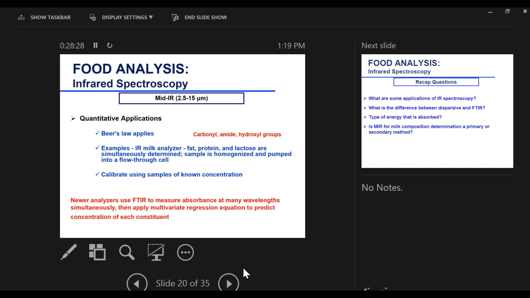Oftentimes they use Kjeldahl for protein, or a nitrogen analysis method, the Dumas. We'll learn about that as well. And for lactose, they measure it using either a total carbohydrate assay or an enzymatic assay specific for lactose. So they measure those in samples that are prepared with different concentrations of these different components. And then they will kind of have